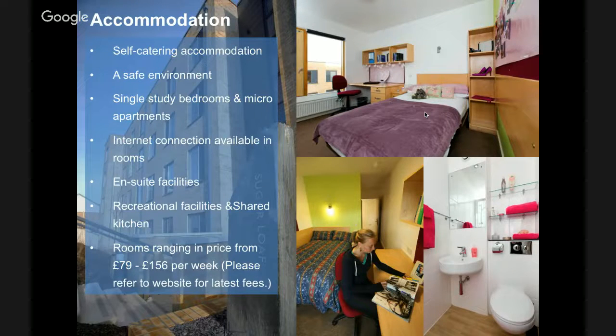The first kind of accommodation is on-campus university-owned accommodation. The second kind of accommodation is private accommodation, and that means it's owned by a private landlord and not by the university. Now, university accommodation tends to be very similar in quality, so you know that you can sign a contract before you come to the university.